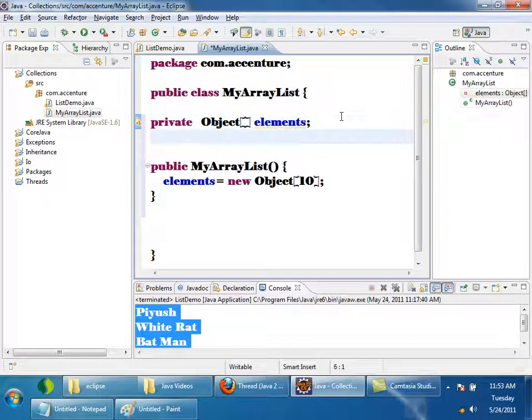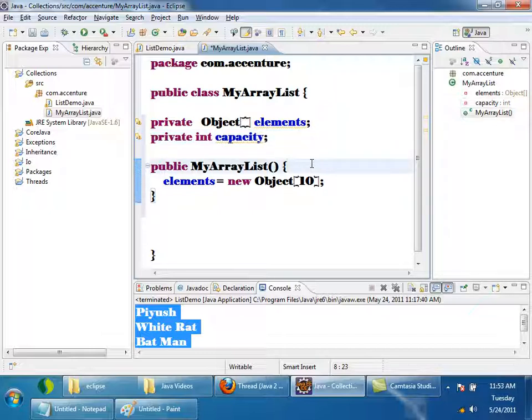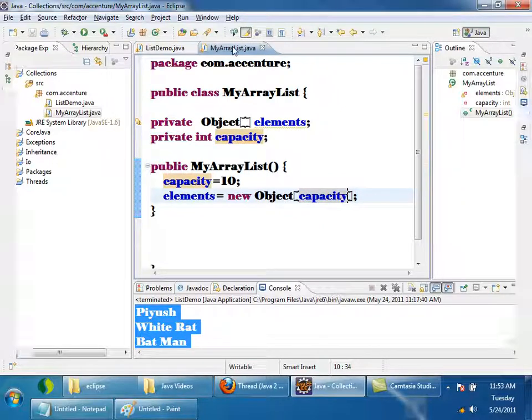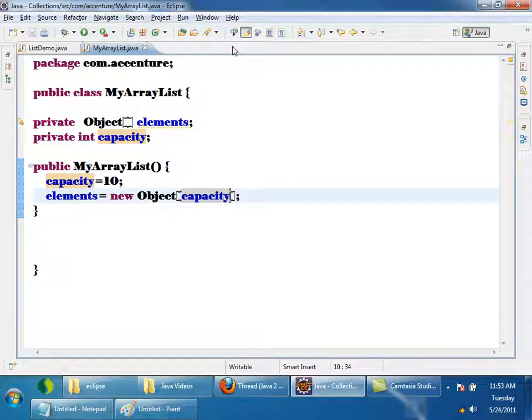Or what I will do is have a variable private int capacity, and initialize capacity equal to 10, and new Object array of size capacity. This is pseudo code for ArrayList; the ArrayList code looks similar to this.